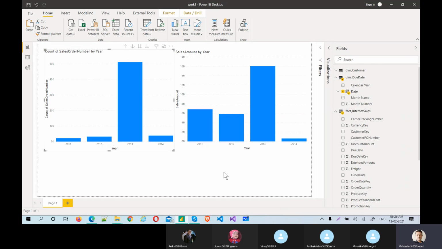Due date will be with due related information, order related information with order key, shipped information with shipped key. Right, you agree or not? Otherwise, how do you make a connection between due information and order information? That will not make sense, right? So that should be one of the key information that everybody should understand.